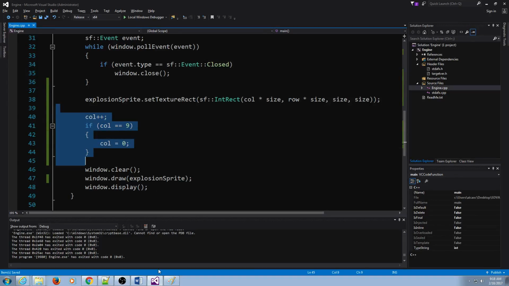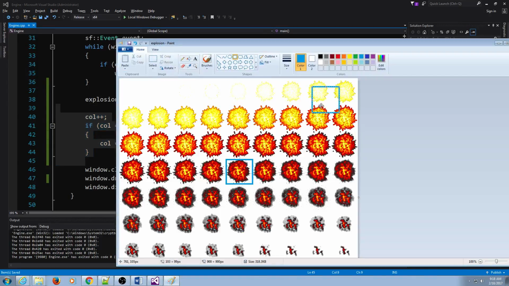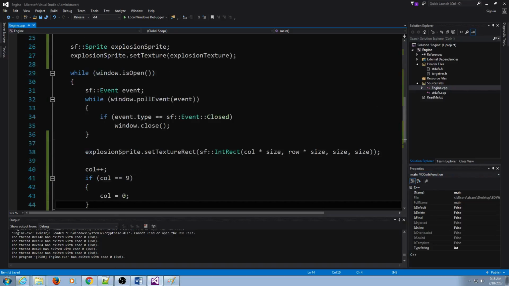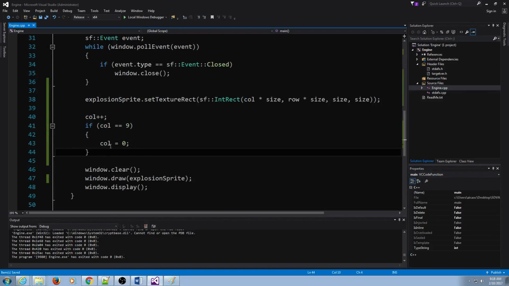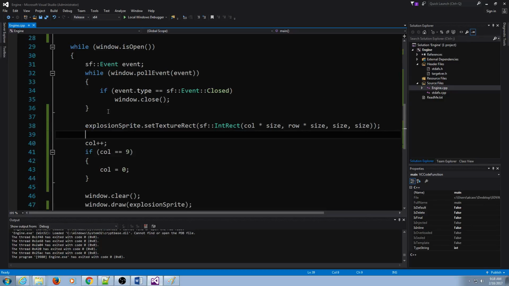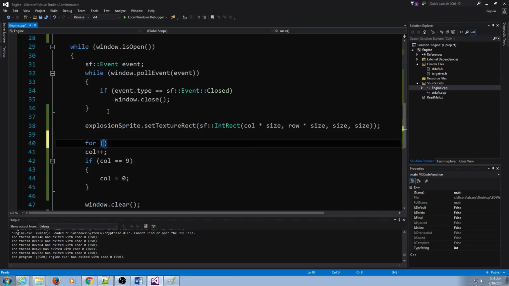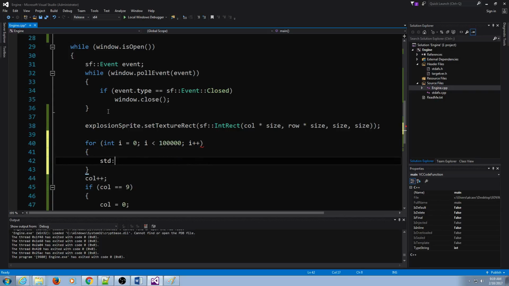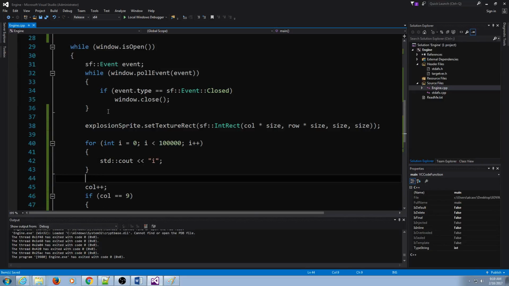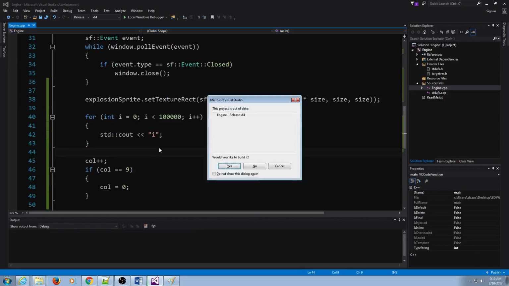How do I make it so it doesn't go so fast? Remember, frame rate is important. How do I slow down the animation here? There's a lot of different ways I can do this. I could slow down the frame rate, right? I can make my computer run slower. I could literally make this thing run slower. Like so. This will make my computer run slower, and thus it'll, because I'm printing out